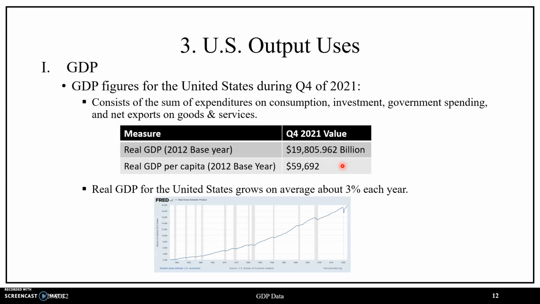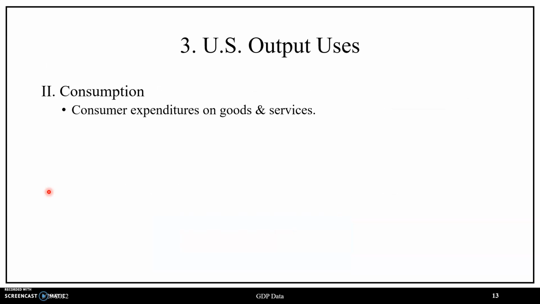$59,692. Additionally, something to keep in mind in regards to GDP, particularly with that of real GDP, is that for the United States, real GDP grows on average about 3% each year, and this is a figure that we will revisit in future chapters. Now, proceeding on to our first component of GDP, we have consumption, which is going to